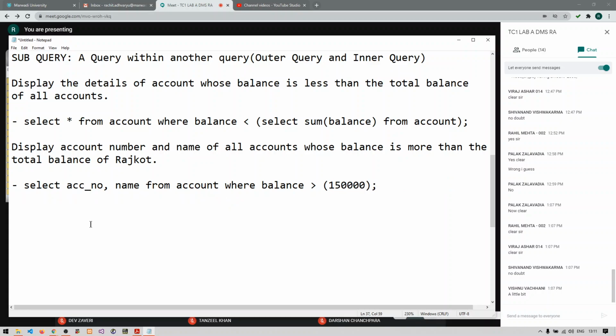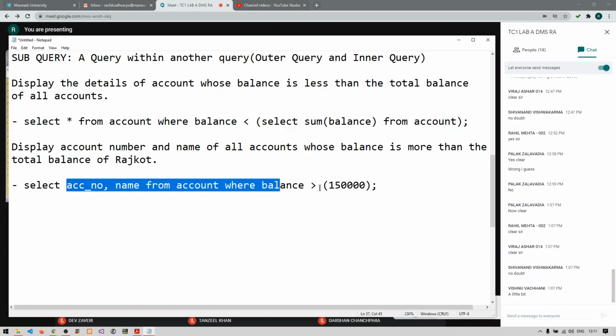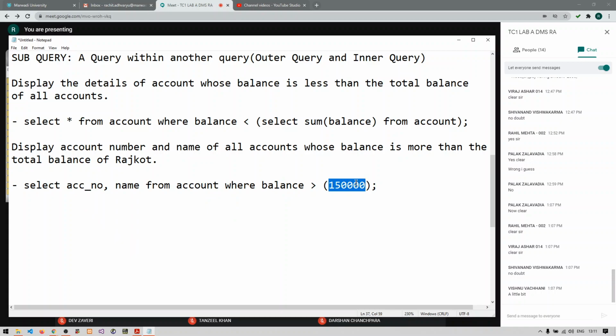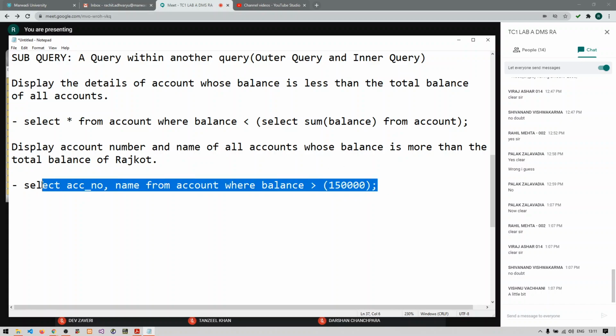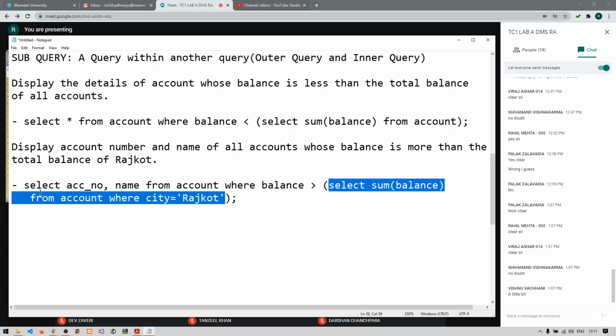Now what it will do: select account number and name from account where balance is greater than 1,50,000. So all the data whose balances are more than 1,50,000 will be displayed. So that is the part of inner query. Inner query executes and returns the output, and that output is compared with the outer query's requirement.